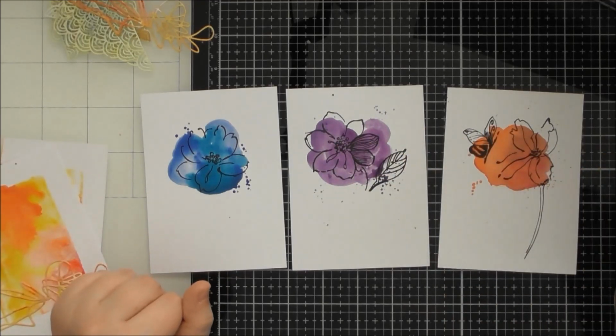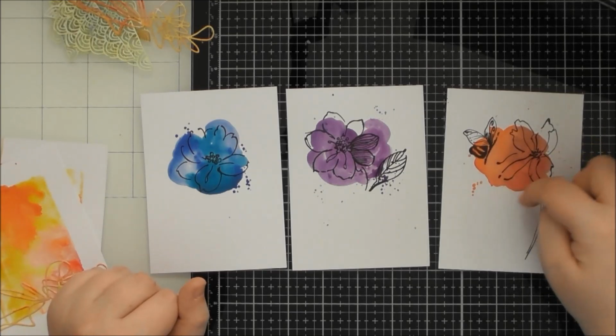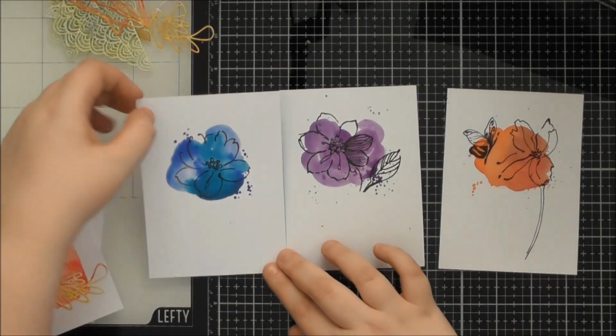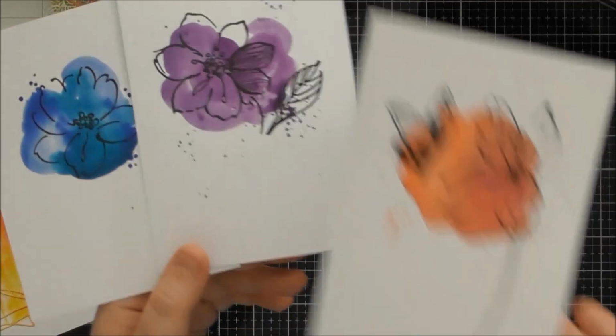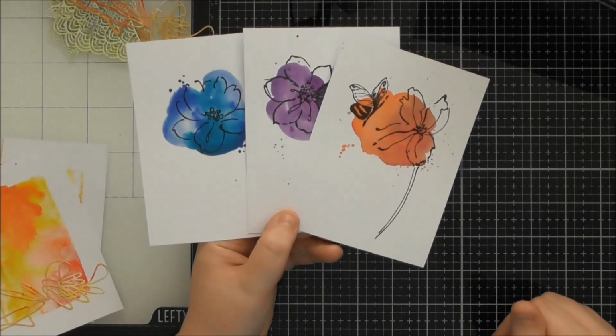But literally these blobs, literally seconds, all you do is do a blobby of one colour and then blob some more of another colour around the other side, or pick 3 colours and just make a little blob, and then do a few little splashes outside of it, and then just stamp a flower over the top, or a flower and leaf, or a flower with a stem and a butterfly,